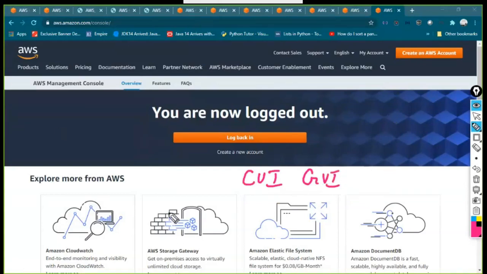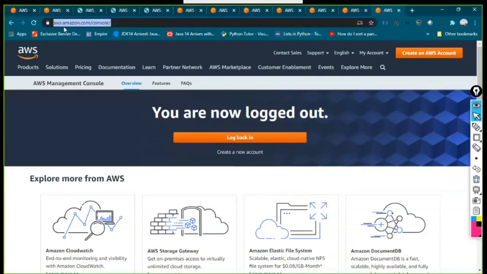What you are seeing right now on the web portal is graphical based. Another one is CLI based access. Your complete Amazon infrastructure can be accessed through your command prompt itself. But the GUI gives more feasibility for learning things much faster. So this is the home page of the management console, aws.amazon.com/console, and here you can create an AWS account by clicking this button.